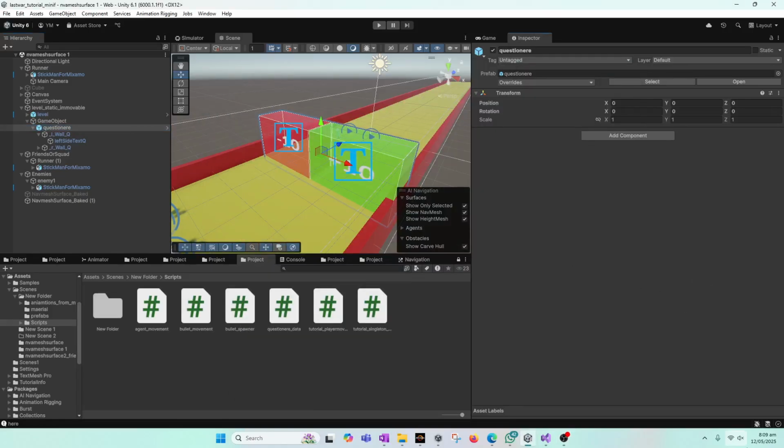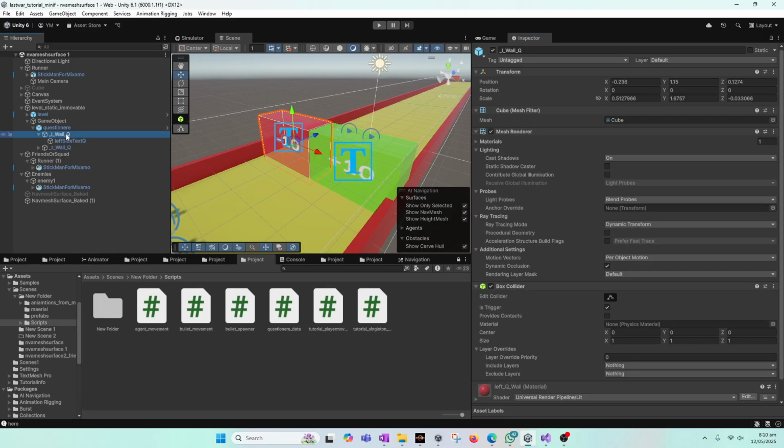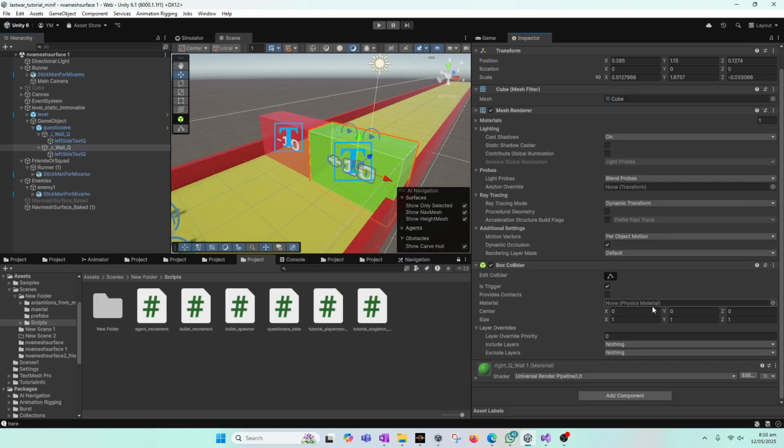Right, back again, and in this tutorial we will resume from the previous tutorial where we created the script questionnaire data, and this questionnaire data was put on the left wall and right wall. And another thing that we will do is remove those questionnaire data scripts that we added